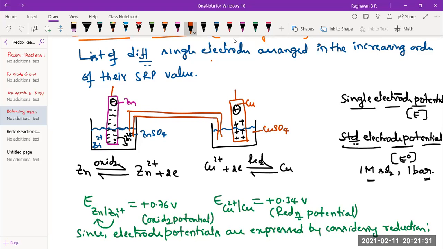Like this. This is the salt bridge. Externally you need to connect by a wire. Then electric current flows. To check electric current or potential difference, you can use any voltmeter or ammeter. So what is this salt bridge? Salt bridge is a device which connects the two electrolyte solutions, meaning salt solutions, and thereby completes the circuit. And also this salt bridge maintains electrical neutrality in the solution, thereby helping continuous generation of electric current.